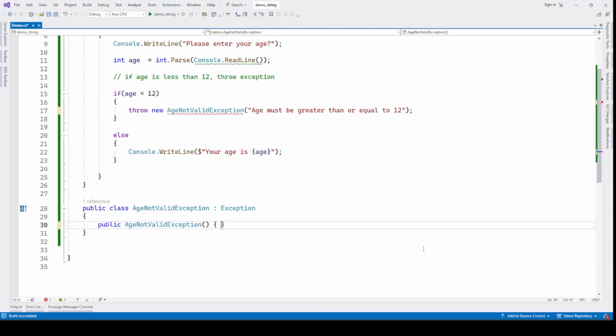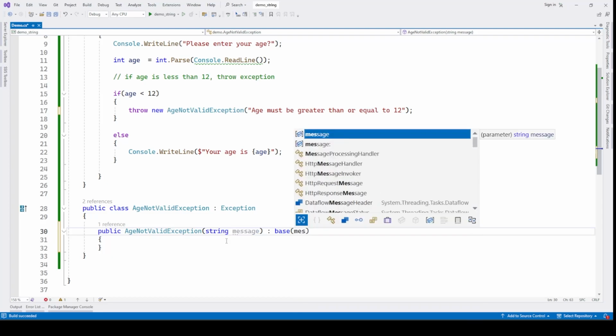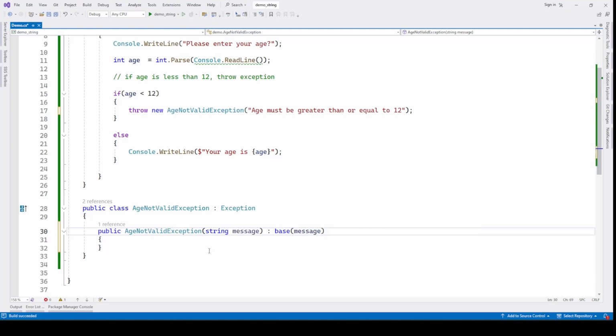Public AgeNotValidException, and within it let's pass a parameter message, and along with that we need to use the base keyword, and we should be invoking the base class constructor, which is nothing but the constructor of the Exception class, right? If I run the program now